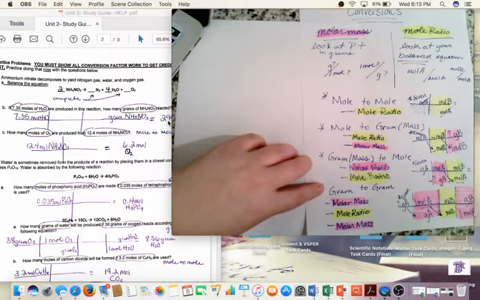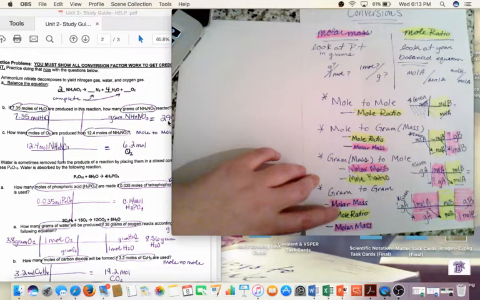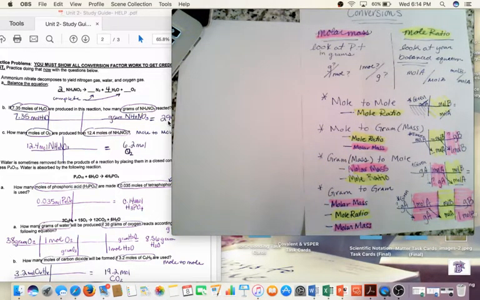And from grams to grams, we have a triple T chart. And because we started with grams, we have to go from molar mass to a mole ratio so we can switch our elements or compounds and end with a molar mass. So now what we're going to do in this video is